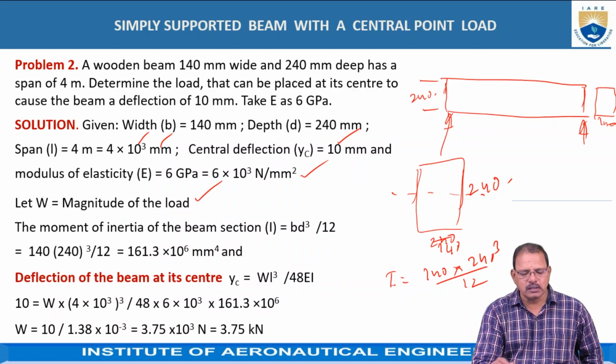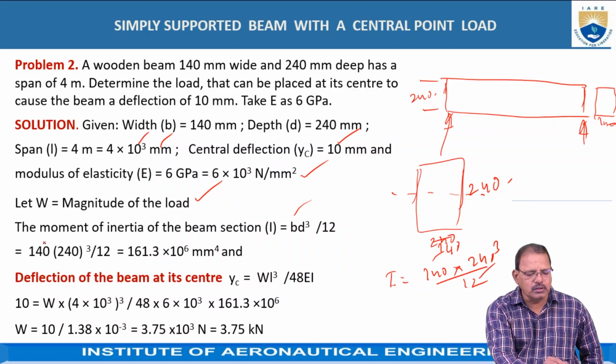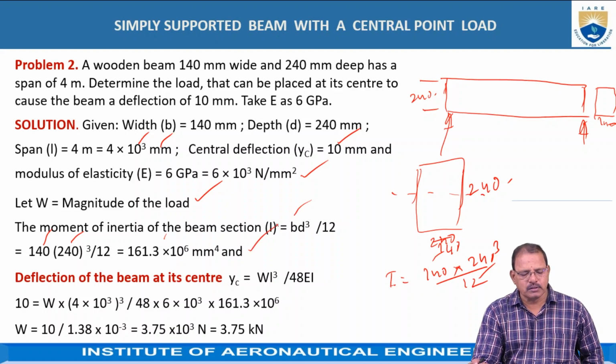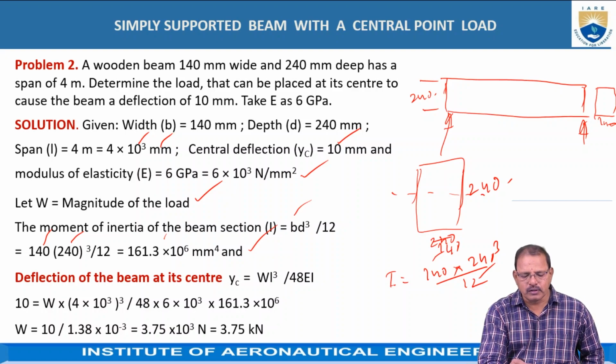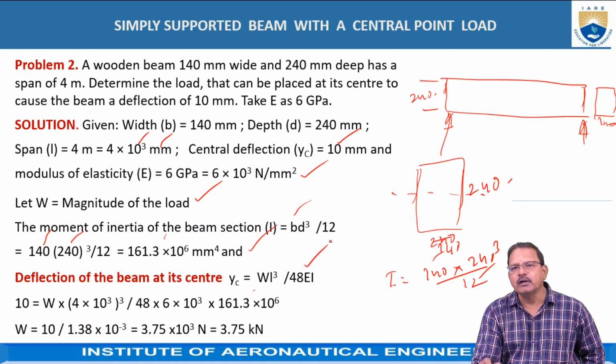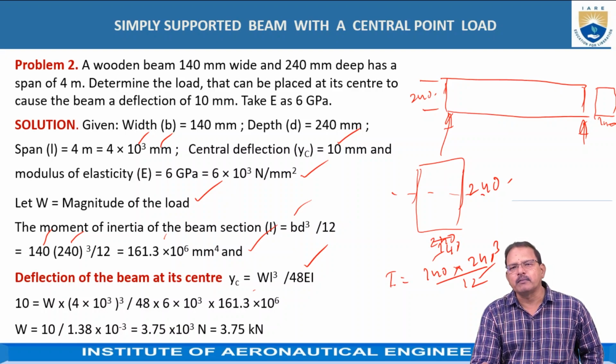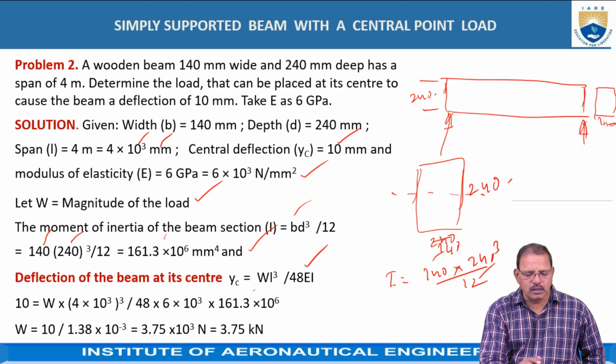which is acting at its center. The moment of inertia of this section is given by bd³/12, which is equal to 140 × 240³/12. Doing this calculation, we got it equal to 161.3 × 10⁶ mm⁴. The deflection of the beam at its center is given by the equation yc = WL³/48EI. So yc, the maximum permissible deflection according to this problem, is 10 mm, equal to